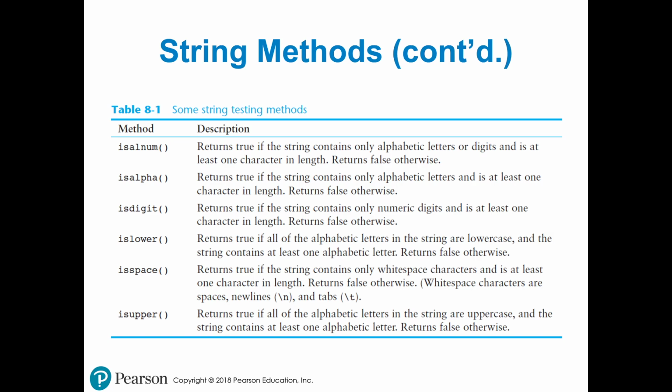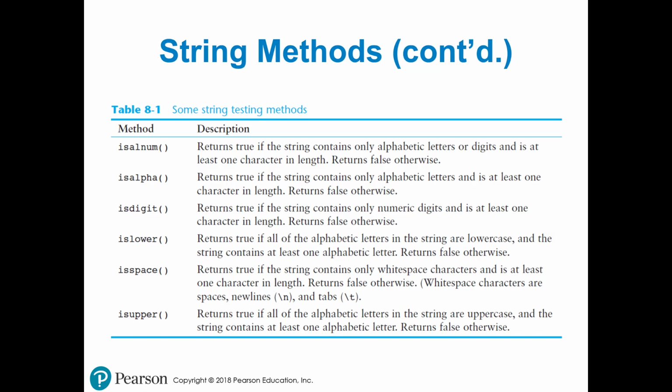islower returns true if all of the letters in the string are lowercase. isspace returns true if the string contains only white space characters and is at least one character in length. So white space characters are spaces, new lines, and tabs. And this is really good. This one may look weird, like why would you have a string that's only spaces? But what it's really useful for is